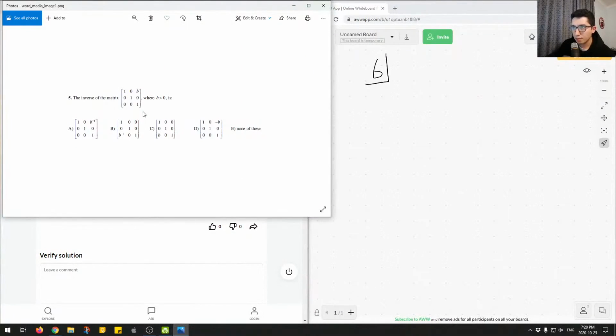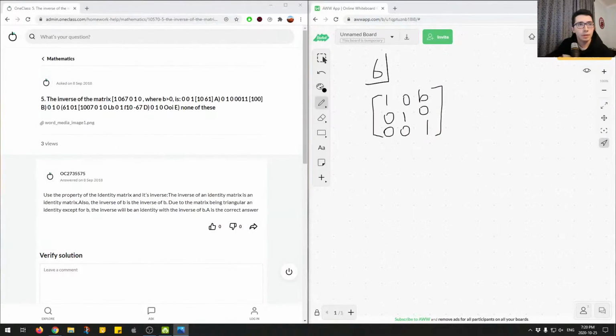The inverse of the matrix as follows, where b is greater than 0, is one of these answers. So here, the inverse of the matrix 1 0 0 0 1 0 b 0 1, where b is greater than 0, and here we're asked for,